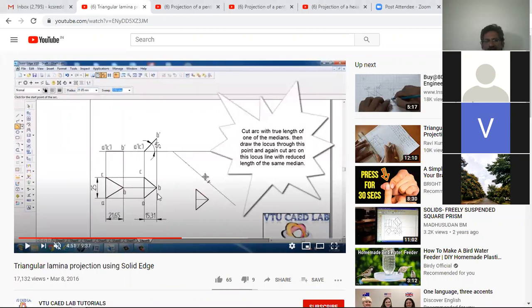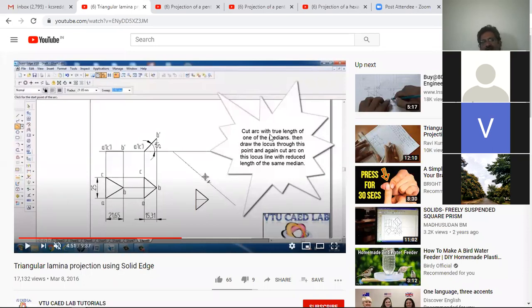So you need to see after taking this, using the arc by center point command. See here, this is the arc by center point command which you need to use for locating the true median, with the length of 21.65 on the 45 degrees line. So he has located one particular point and then taken 21.65 as the radius using the arc by center point command, and then cut this particular 45 degrees line.